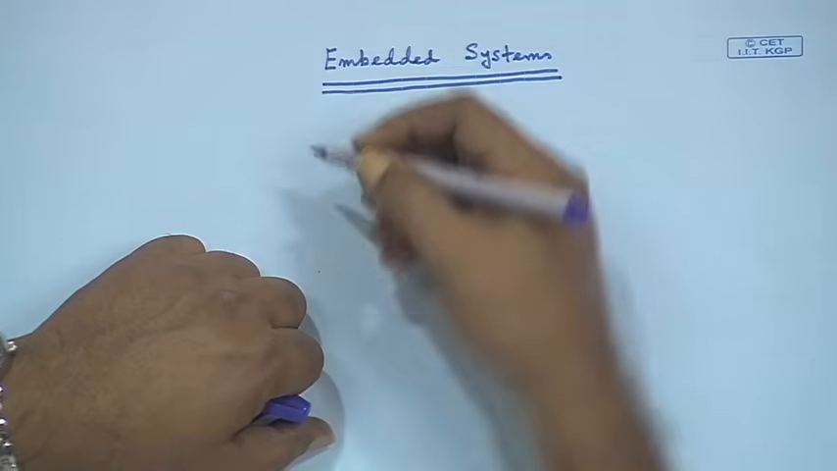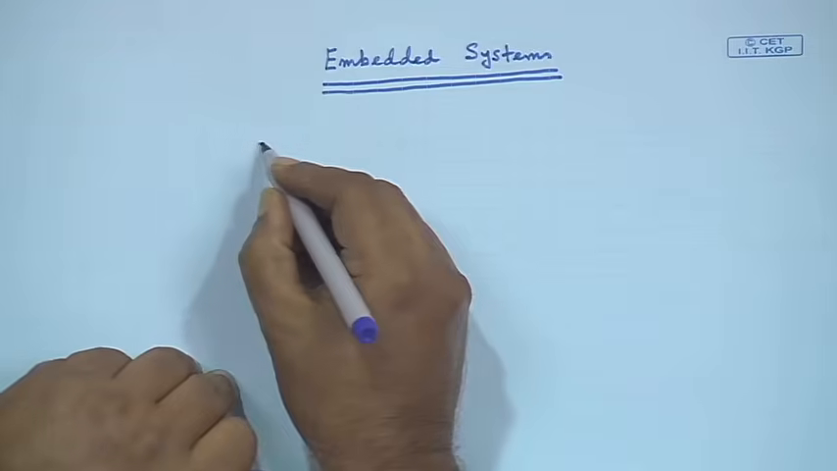Now, embedded system, what is an embedded system? If we ask this question, what is an embedded system? The possible answer is an embedded system is a system where a microcontroller based or microprocessor based programmable system is embedded in a larger system. So, we will have a larger system